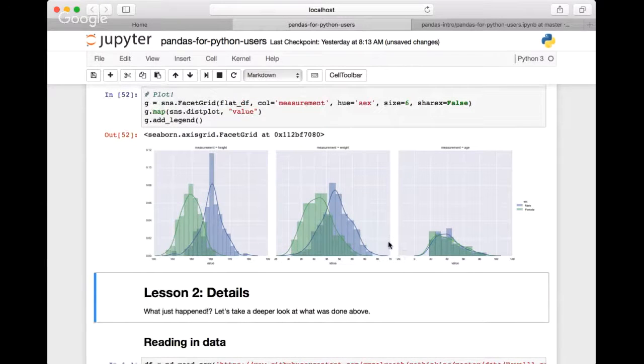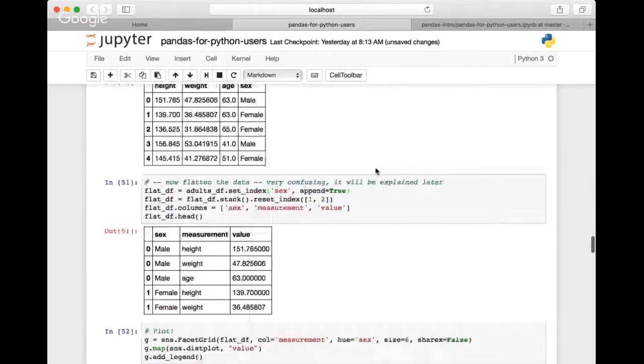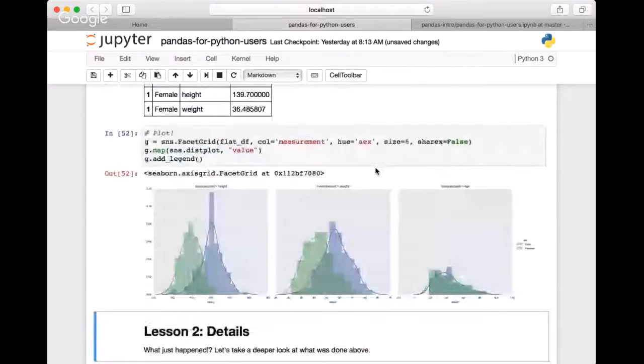But I just wanted to show this plot quickly, to show you that with a little bit of additional manipulation of the data, I can now take each one of those variables, height, weight, and age, and put it into its own plot, but put them all together. This is a technique that Tufte would call small multiples, where you have a whole bunch of plots right next to each other that allow you to see a huge amount of